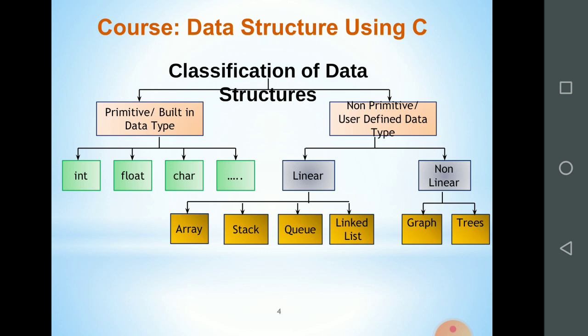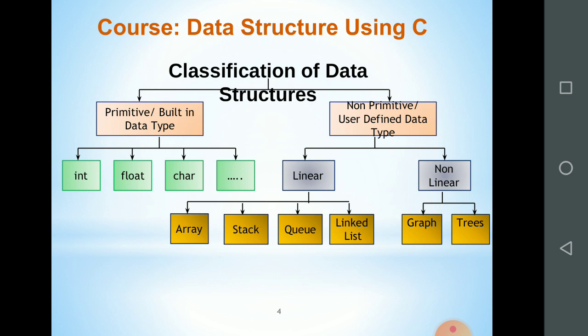So we will go to the lecture contents now. The first content is the classification of data structure. It is a very simple topic. What is classification of data structure? Basically data structures are divided into two broad types. First one is primitive, or you can say built-in data type, and second is non-primitive or user-defined data type. Already you know about the primitive data types.